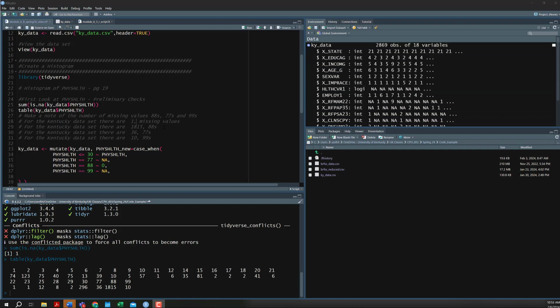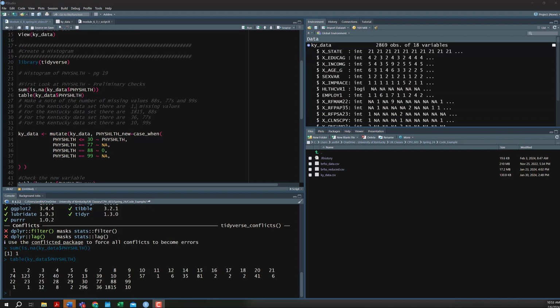Well, in this case, I don't want to have those recorded as an 88 when I go to make my histogram. Instead, I really want those to be recorded as a 0. So what I've done here is I've used the mutate function to help me. And what I'm going to do is make a new physical health variable. Every time that I see an 88 in the original physical health variable, I'm going to change that to a 0. And then I'm going to change the 77s and the 99s to missing, because those don't represent actual